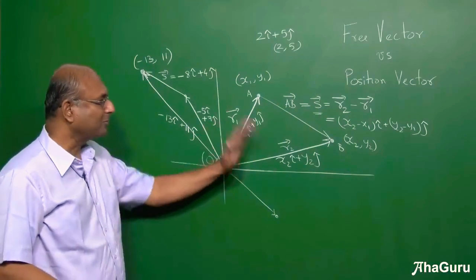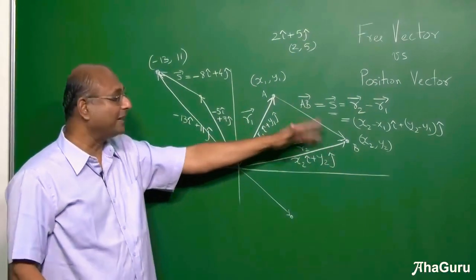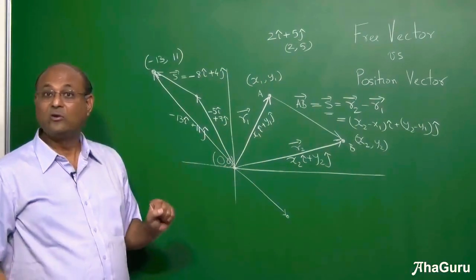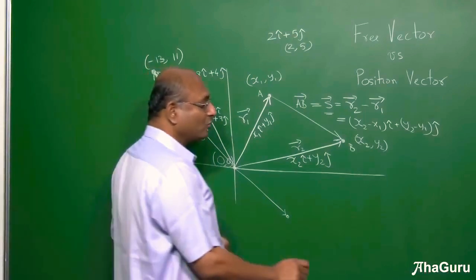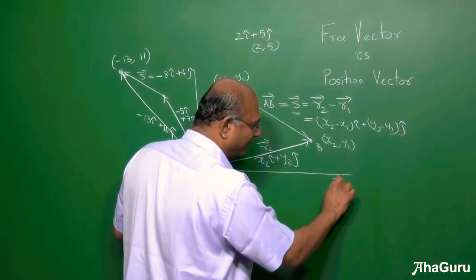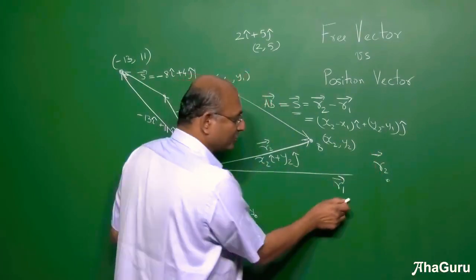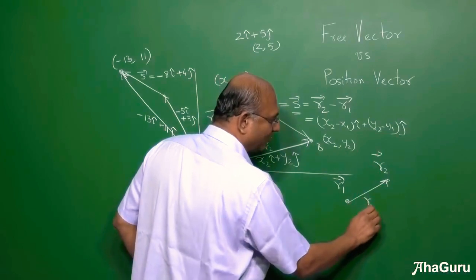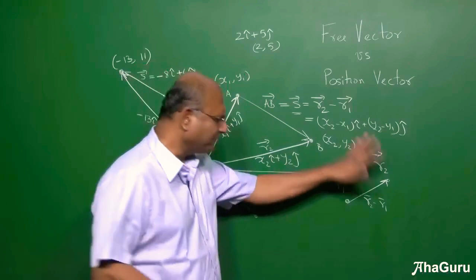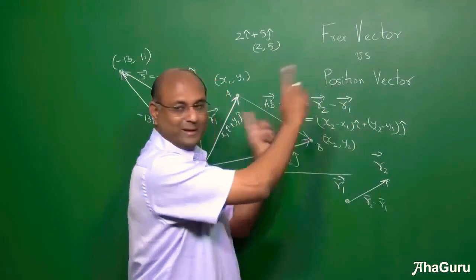So basically, once you know position vectors, displacements are easy. You know one position plus displacement, that will tell you what your final position is. Many times we will not draw the origin. What we will do is we will say there is the origin somewhere. This point is R1 vector. This point is R2 vector. So this vector is R2 minus R1. Where is the origin? Somewhere. So R1 vector, R2 vector, R2 minus R1.